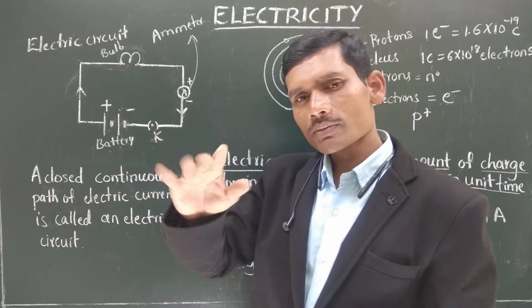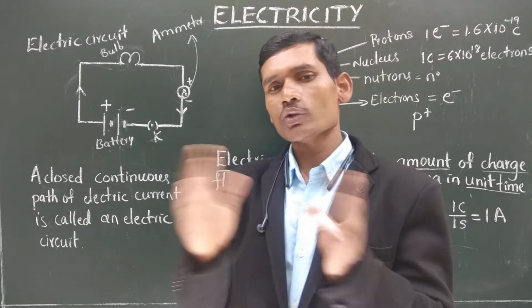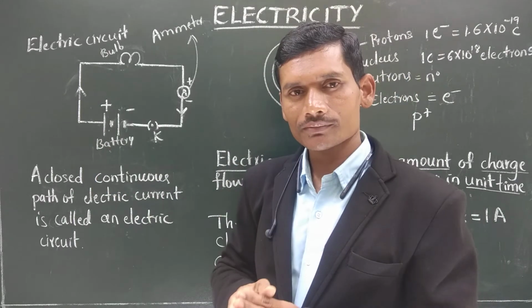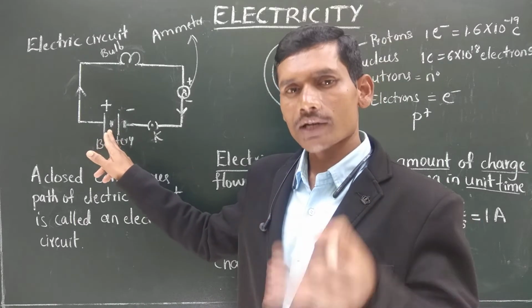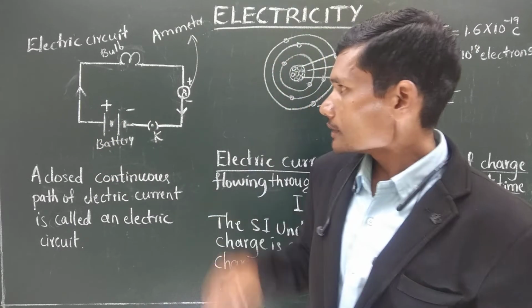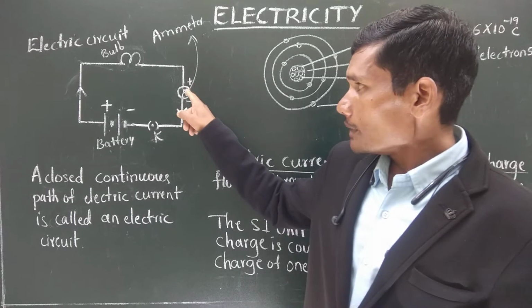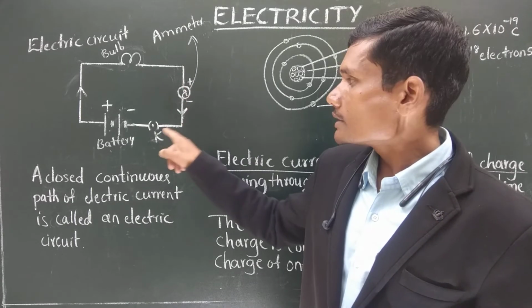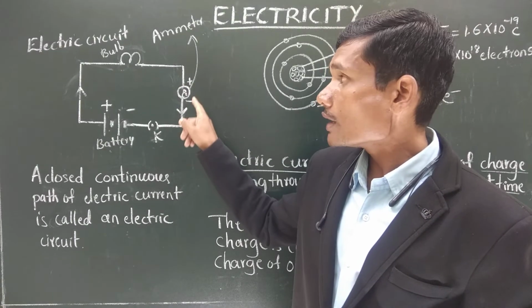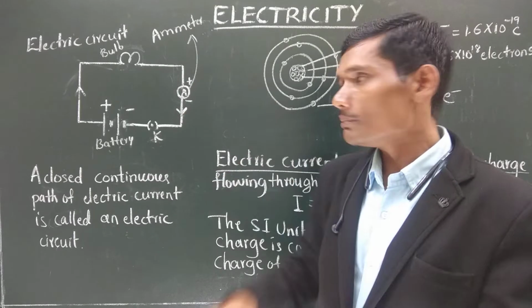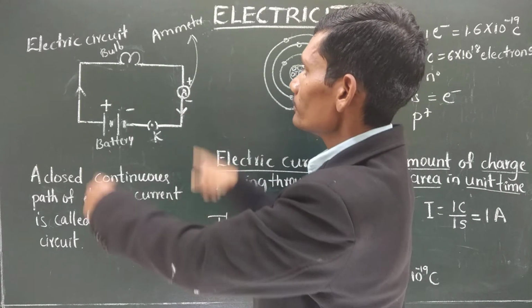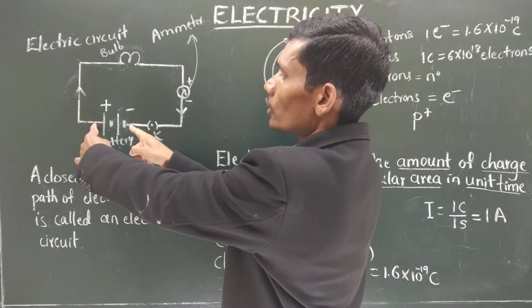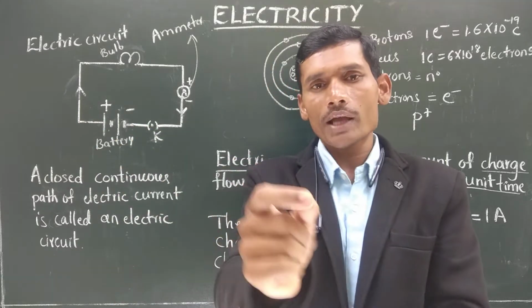a battery. What is battery? A combination of two or more cells gives us a battery. Battery is the source of electricity here. Now you see, here the ammeter is connected in series in the circuit. We are not connecting it in parallel. Parallel means the two terminals of the ammeter are connected across the terminals of the cell, then